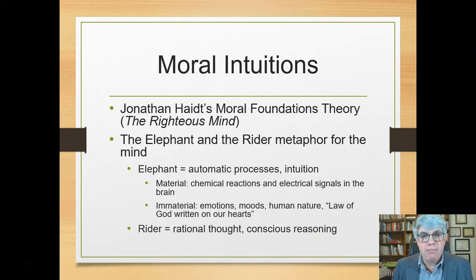And one of the main elements that Haidt uses to help us understand moral intuitions is a metaphor of the elephant and the rider. The elephant and the rider represent our mind. You've got a rider on top of an elephant, and the rider kind of controls the elephant. At least the rider thinks they control the elephant, but really the elephant goes wherever the elephant wants to go. Perhaps it'll be influenced by the rider, perhaps not. So the elephant is the big part, and the rider is the small part, but the rider is a rational